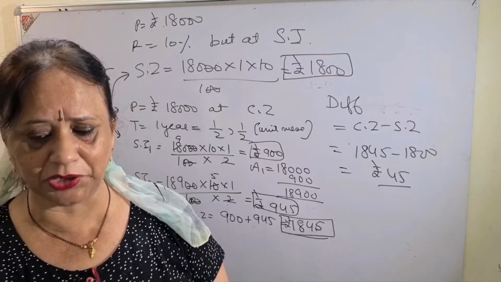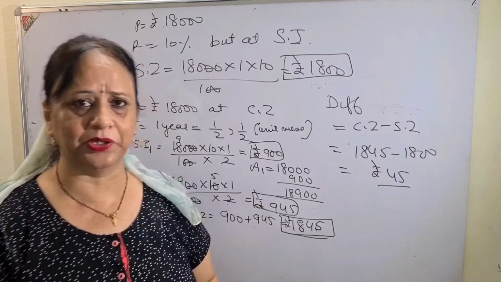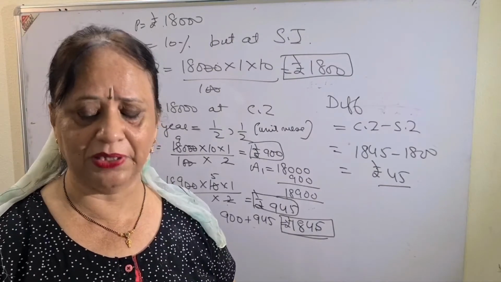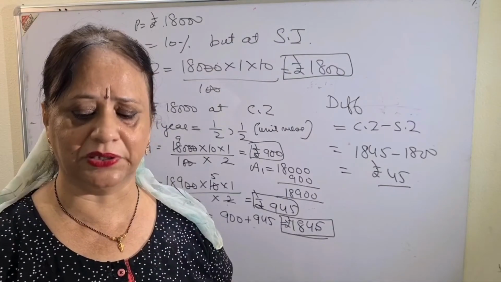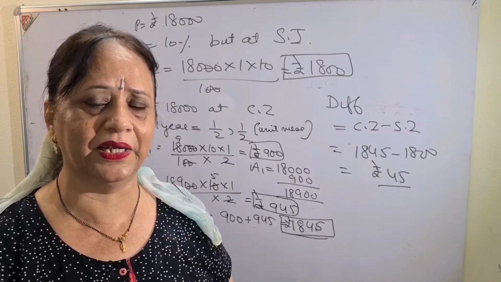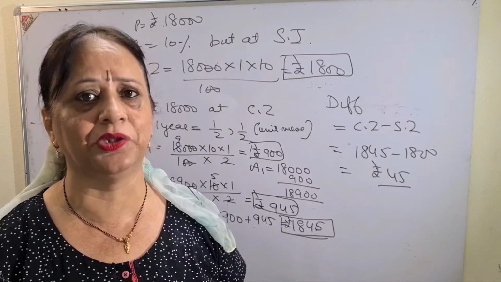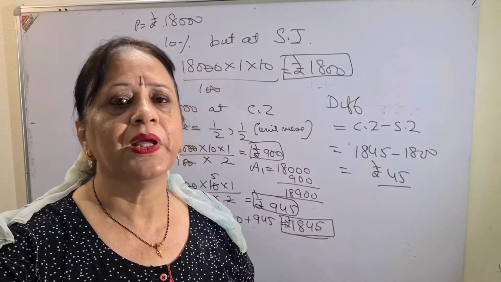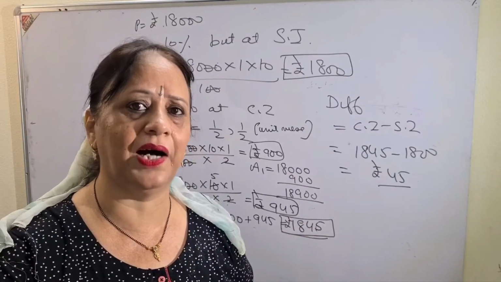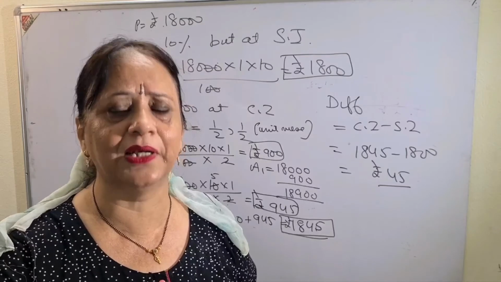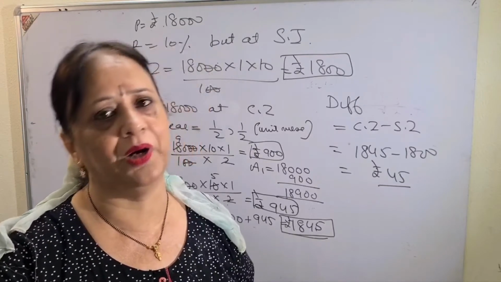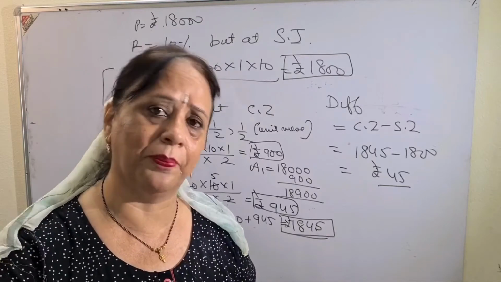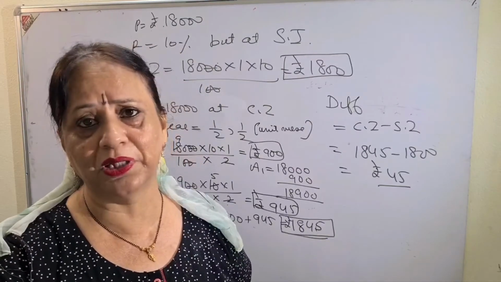So this is your exercise 2A, children. If you have understood the basics, there will be no problem for you. You just remember that the amount for the first year will become the principal for the second year and time is to be taken unit wise. If they have mentioned half yearly, that means 1 year has 2 halves, you will write half comma half. If they say 2 years, then half comma, half comma, half comma, half comma. Just see whether the question says per annum or per half annum. Be careful about the language.